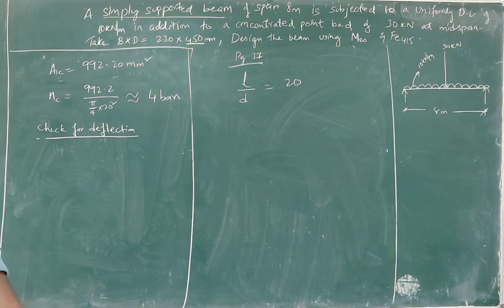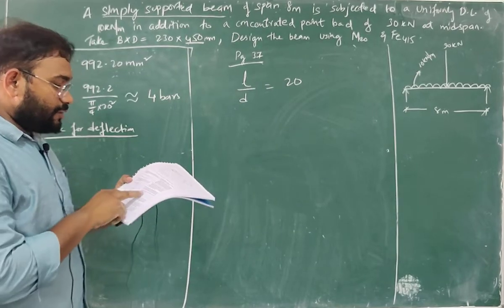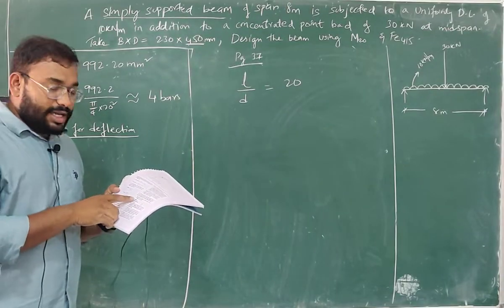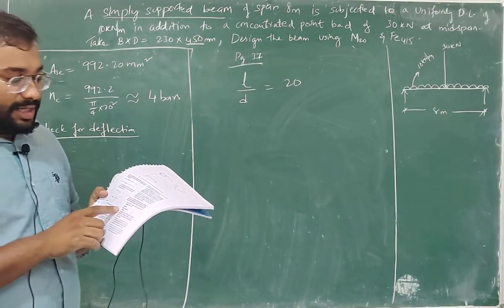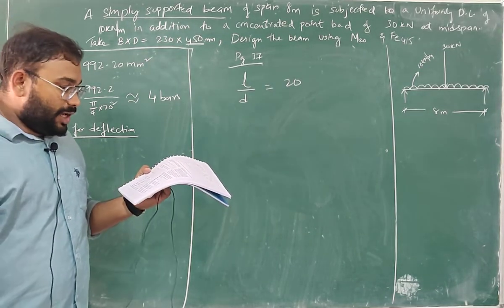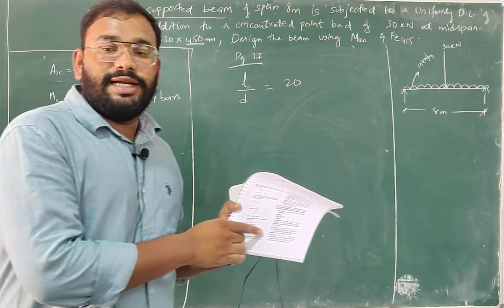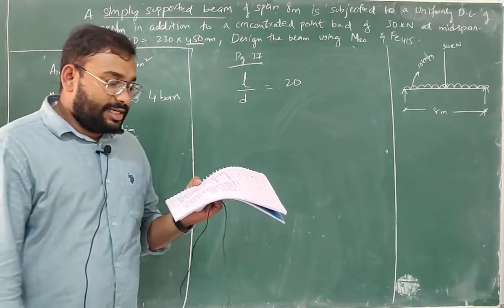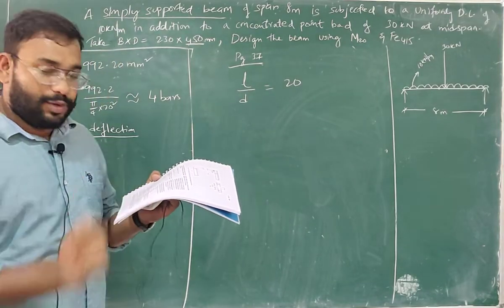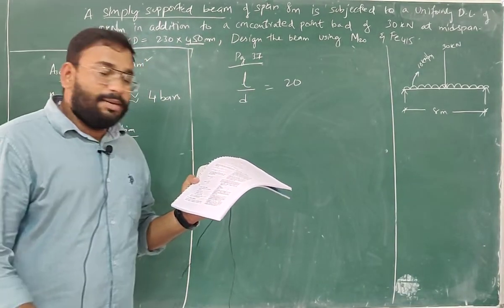Now, you have 3 conditions involved there. Basic values of span to effective depth ratio for spans up to 10 meters. Please open the PDF if you have. Cantilever 7, simply supported 20, continuous 26. Below point A, you have more points, B, C, D. Read point B: for spans above 10 meters, the values in point A, means these 3 values, may be multiplied by 10 by span in meters.